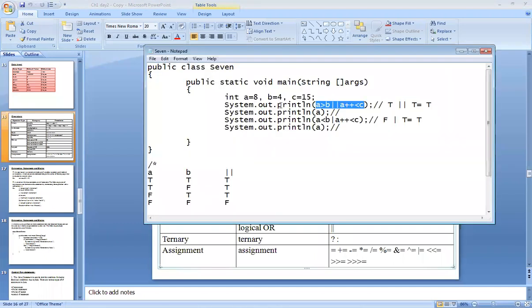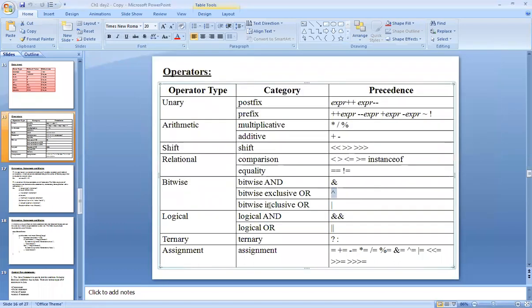See what happens. I will show you each and every possibility for this one. First value I will take as true. And what is our operation? It is actually called the bitwise exclusive OR.